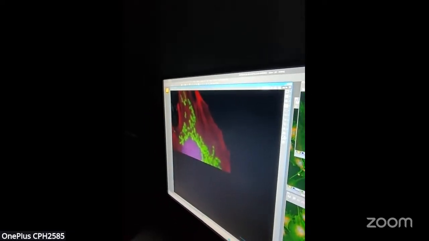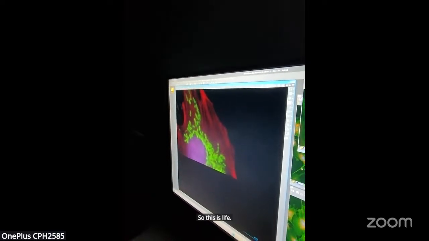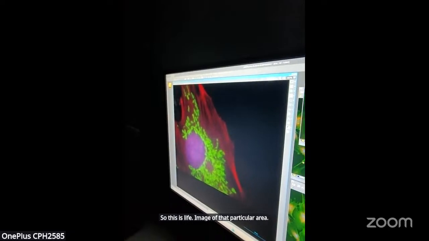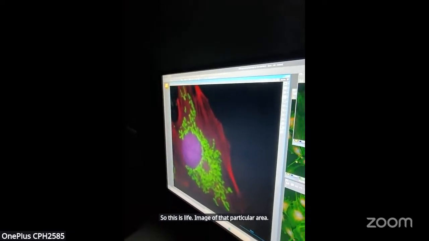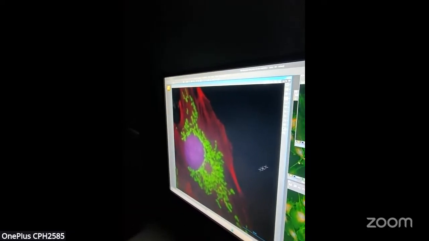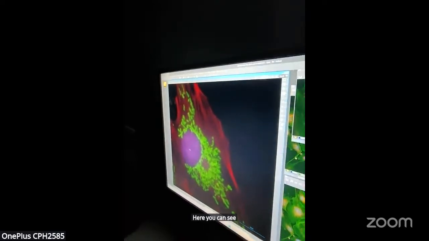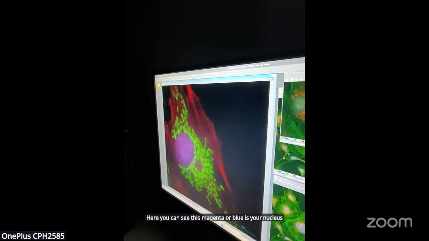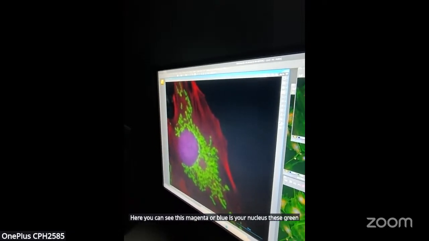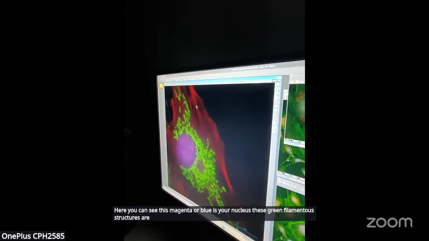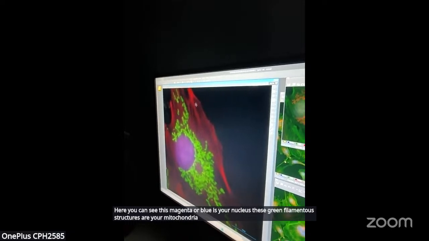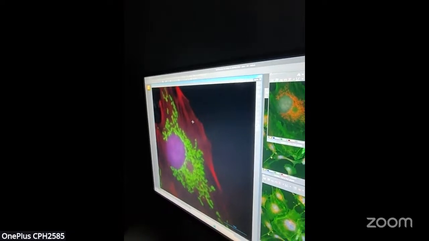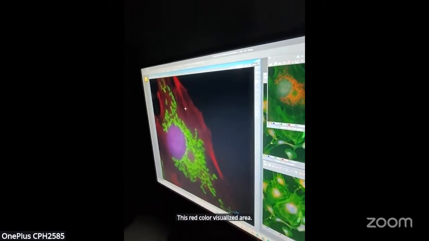So this is the live image of that particular area. Here you can see this magenta or blue is your nucleus. These green filament structures are your mitochondria, and this red visualized area is your actin filaments.